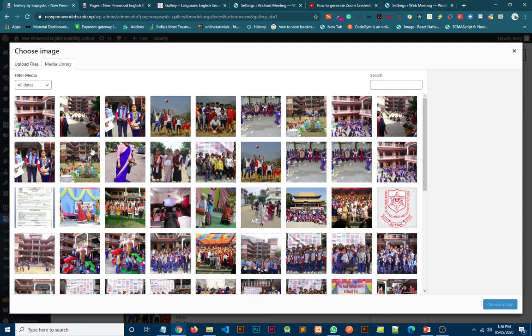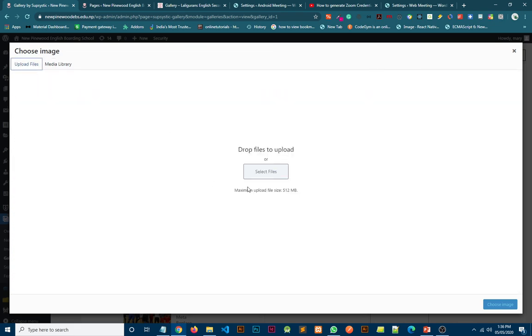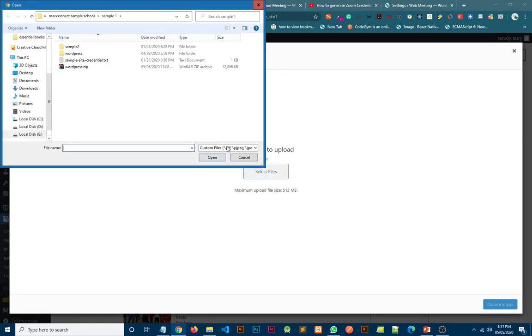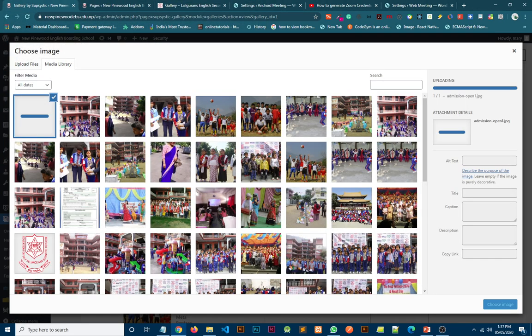If you find the image you want to add here, fine. If not, go to Media and upload a file. You can select an image here, like this image. I want to upload this image, yes, upload it.